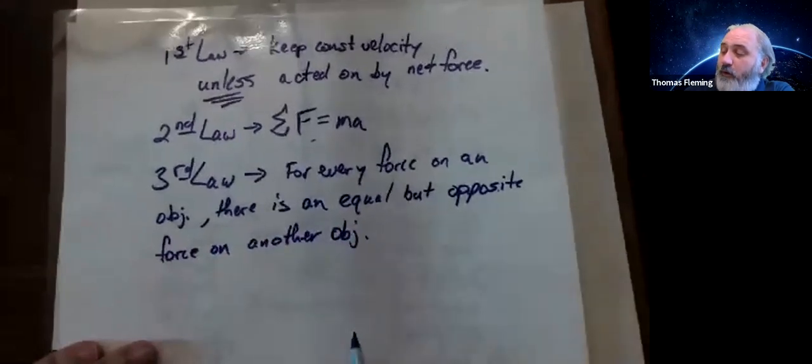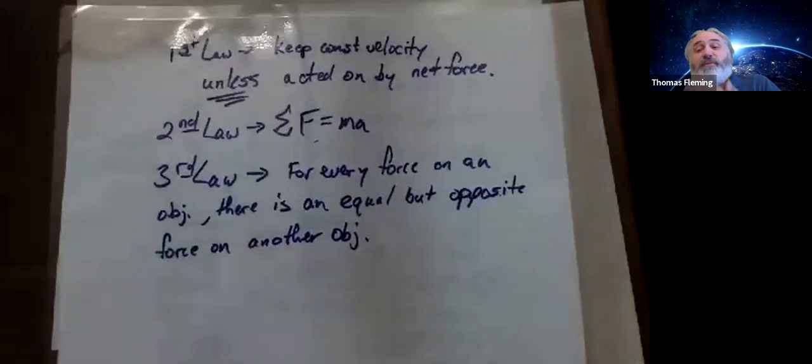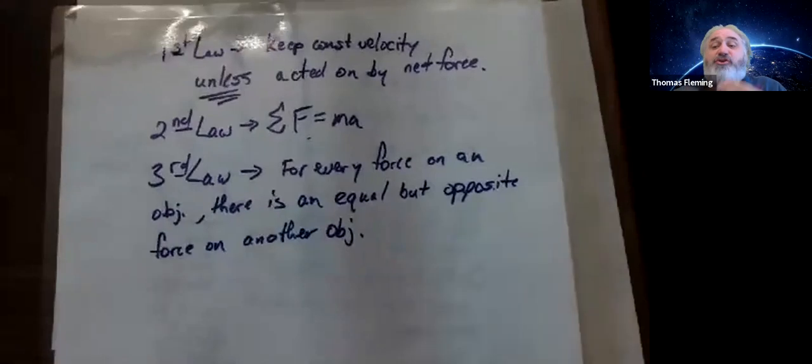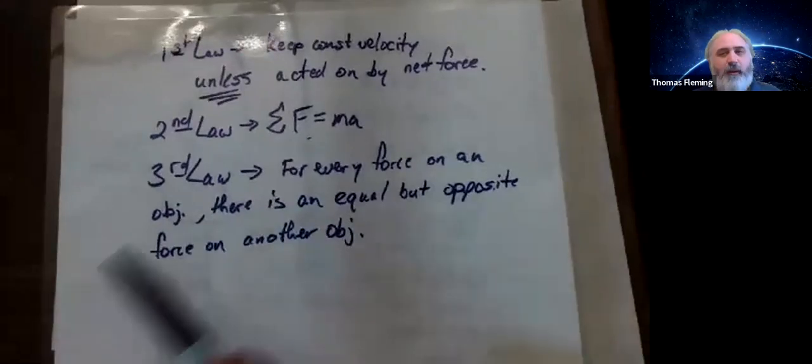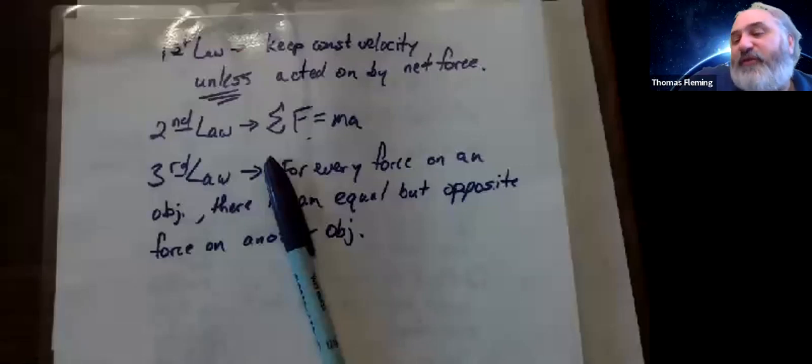Right? So what's going to happen is, for that force on the object, that's the pushee, the person being pushed, and the other object is the pusher. So what the third law says is that forces happen because two objects are interacting. You can't have a force with just one object. There's got to be a pushee and a pusher. And however hard the pushee gets pushed, the pusher is being pushed the same amount, but in the opposite direction. Right? And that's going to be useful when you're setting up problems in chapters 4, 5, and 6, because